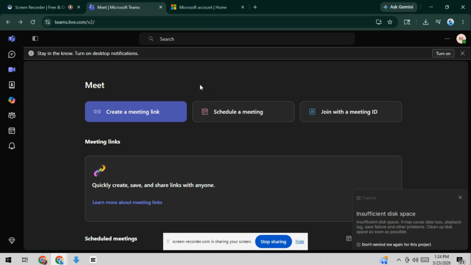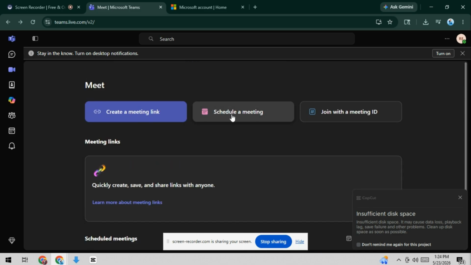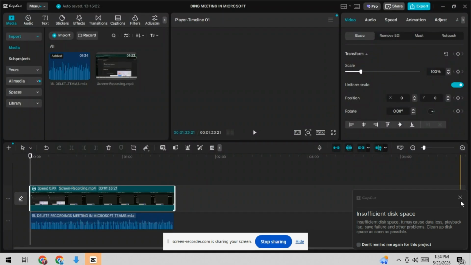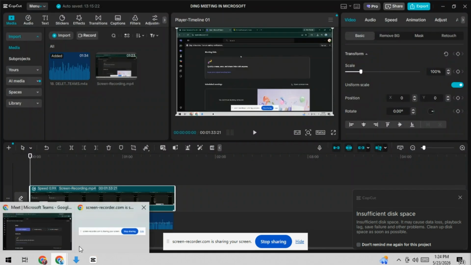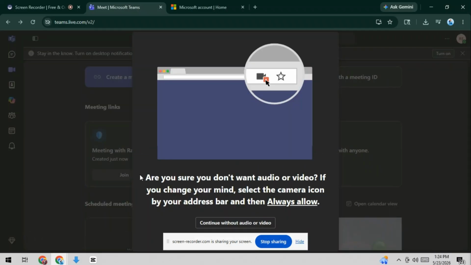We guide you through how to disable your mic in Microsoft Teams. So the first thing you need to do is to open your Microsoft Teams app and join or start a meeting as usual. Once you're inside the meeting, look at the bottom control bar and click the microphone icon to